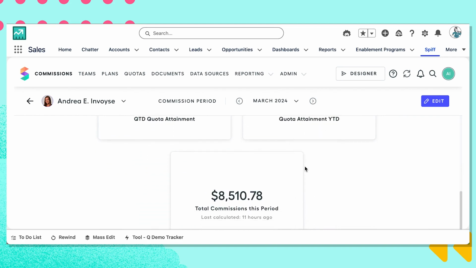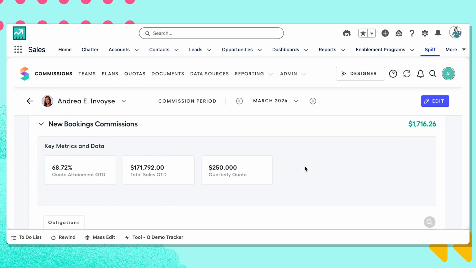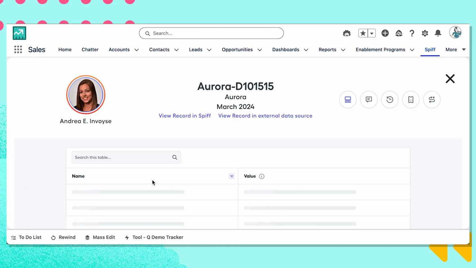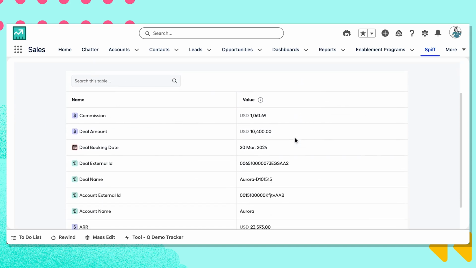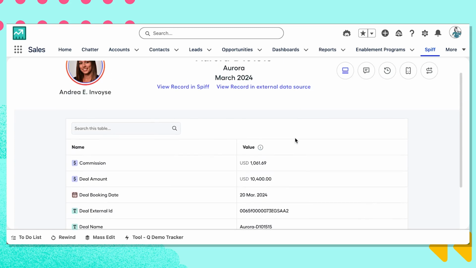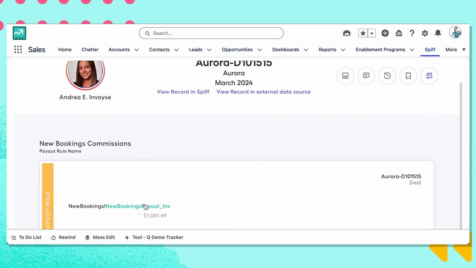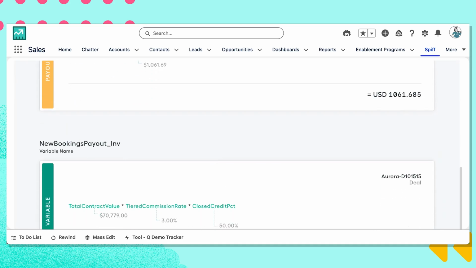But if I want to drill in a little bit deeper, I can also go and check out any of those particular rules that have been associated with my particular user as a part of my selling motion. By drilling into any opportunity, I can see exactly what led to any of these key fundamentals of my payout, and even go ahead and trace further to understand why I got paid the way that I did, giving me trust and transparency right inside of a single platform for me as a seller and my administration team.